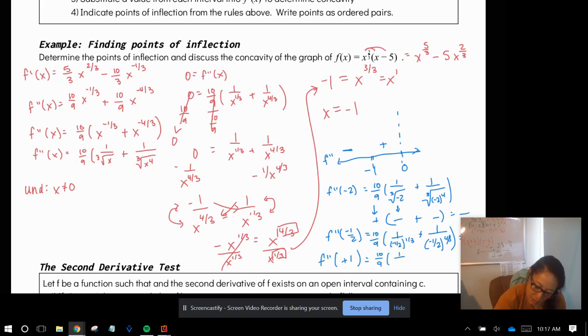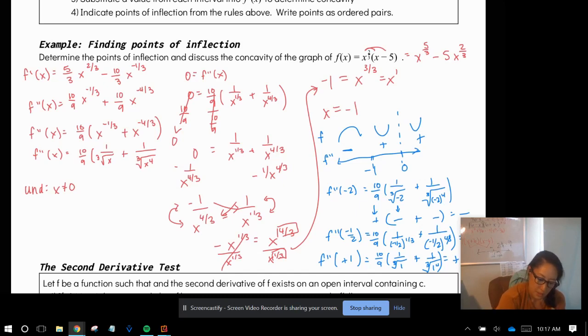Actually, this one we don't have to type into our calculator. So a positive plus the cube root of 1 to the 4th power is also a positive. So positive plus a positive times a positive gives me a positive. Whoa. Okay. So we have concave down, we are concave up, and we are concave up. So our points of